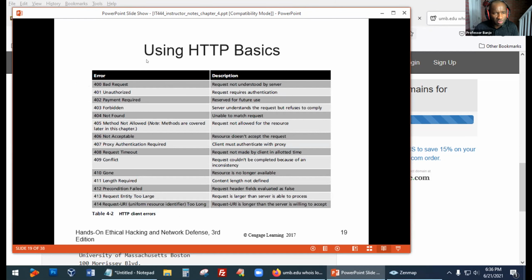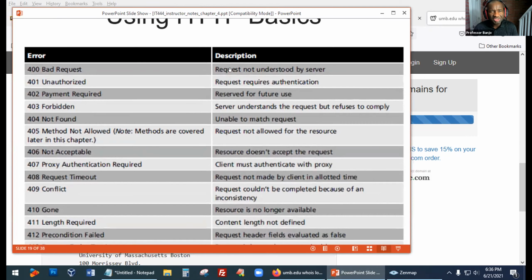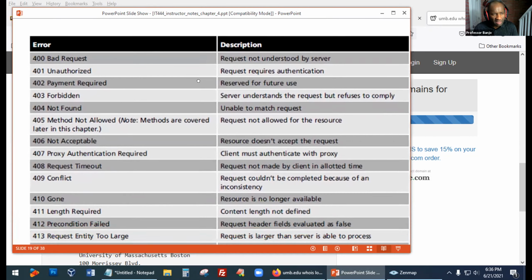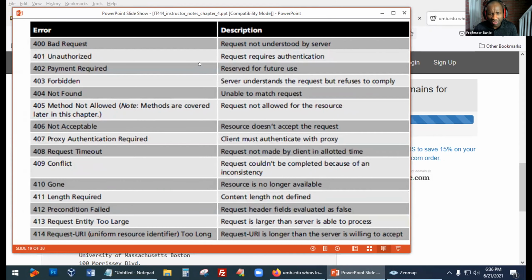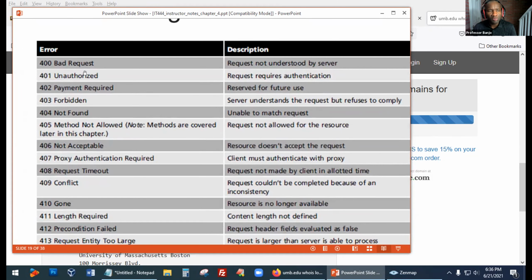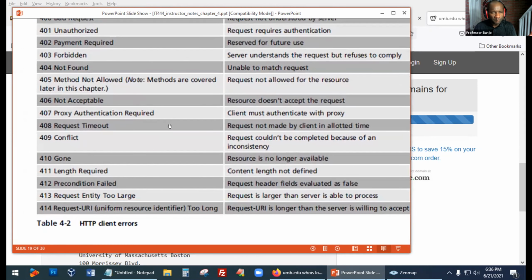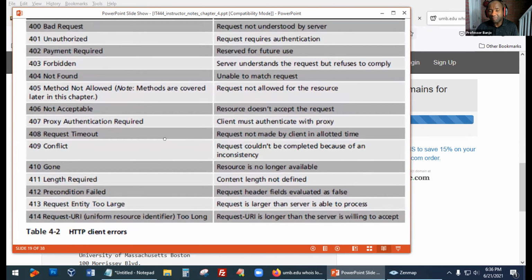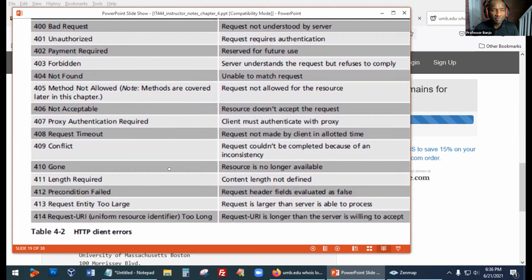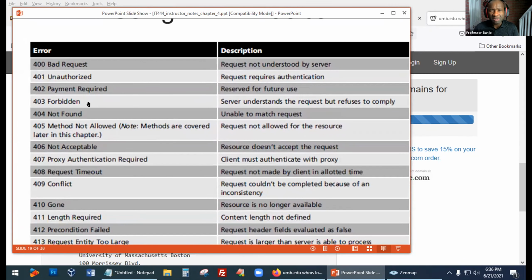All right. There are also some HTTP basics here. I'm not sure how useful some of these are, but basically when you see 400 errors, 404 is the most common. It means that the website was not found for some reason. This information might be useful to an attacker who thinks, okay, every time I go to that website it is down, so I'm going to create a look-alike website and redirect people so they think it's the real thing.